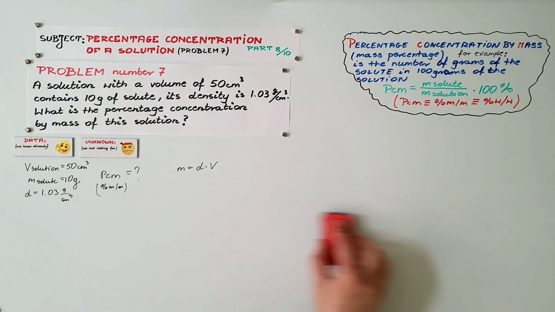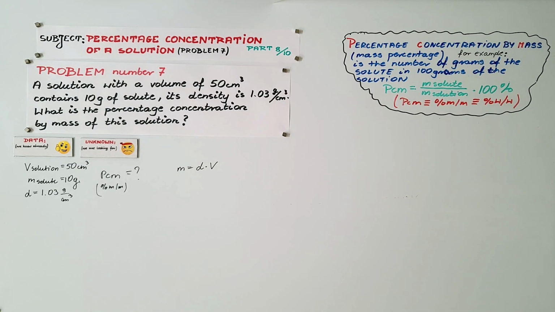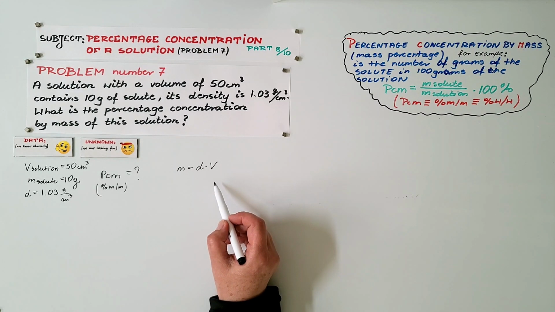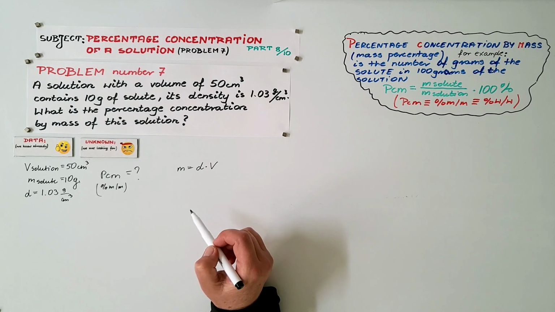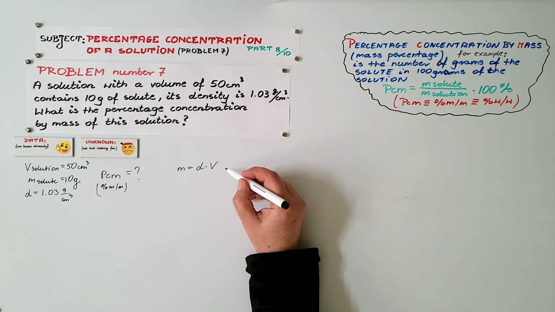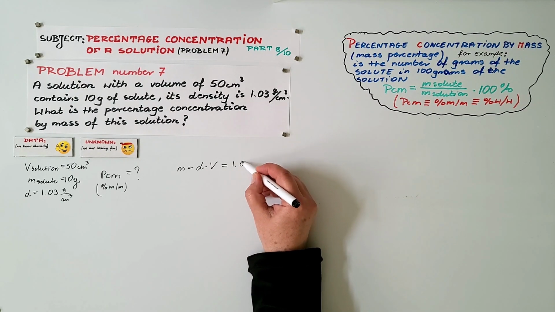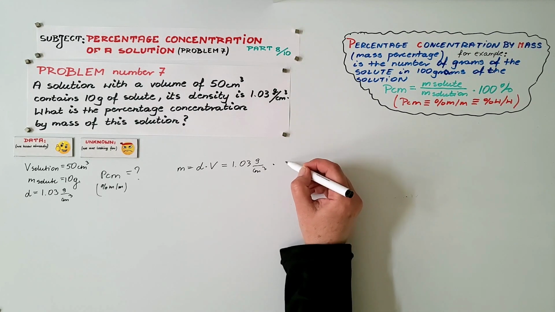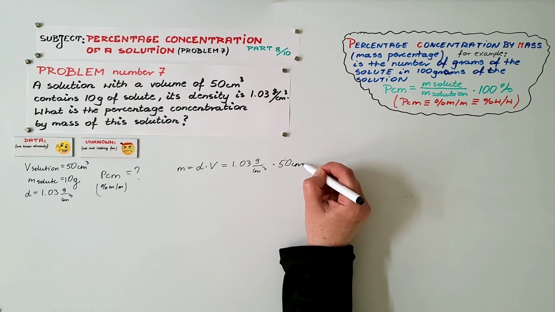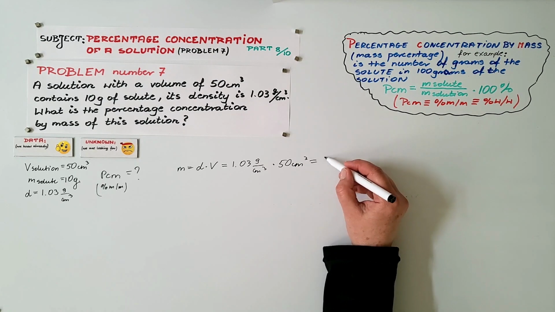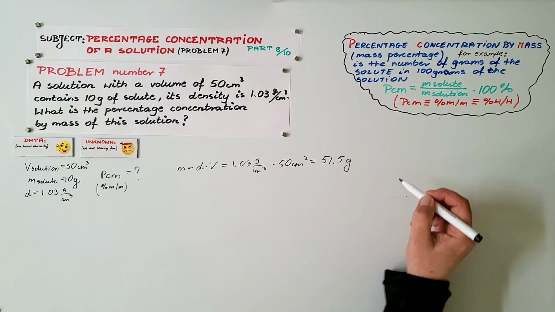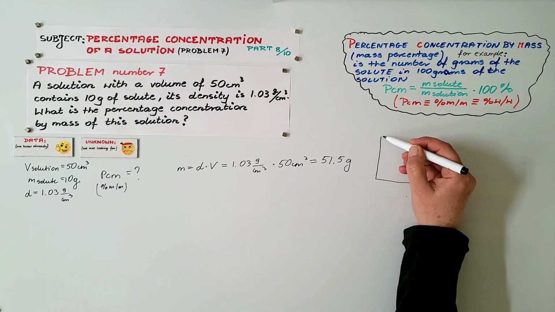So in our case, we transform the formula to M equals D times V. So the mass of the solution will be 1.03 grams per cubic centimeter times 50 cubic centimeters, so equals 51.5 grams. So in our beaker, we have